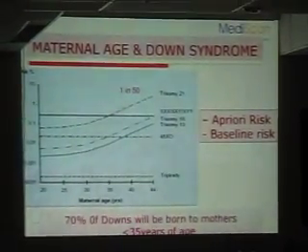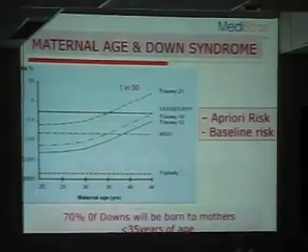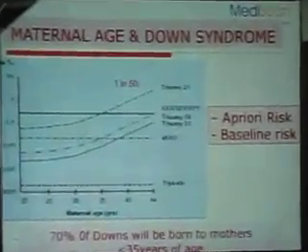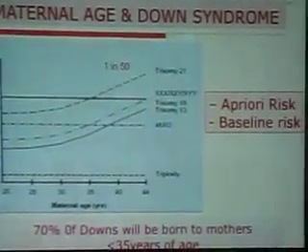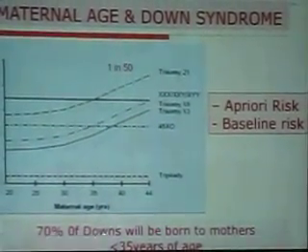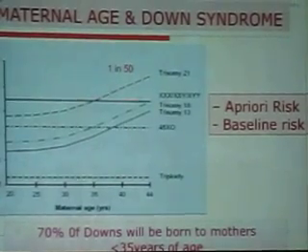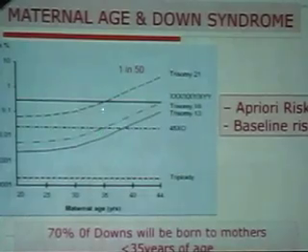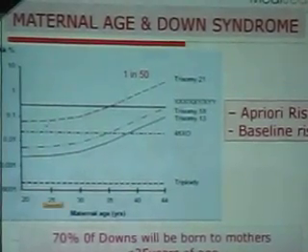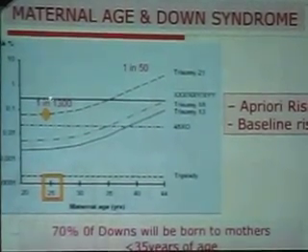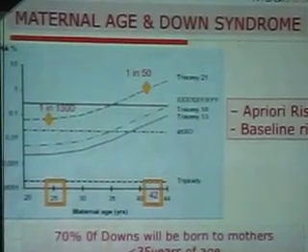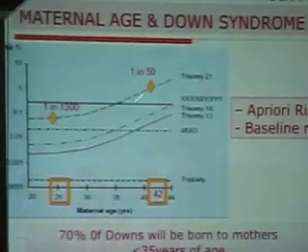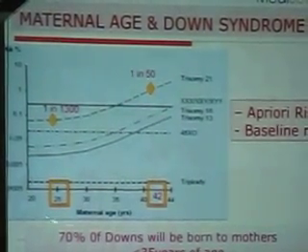Then we talk about maternal age and Down syndrome. Every mother has an inherent risk of having a baby with Down syndrome, which we call a priori risk or baseline risk. But 70% of Down syndrome will be born to mothers below 35 years of age. Certainly, as the mother's age goes up, the incidence of Down syndrome is going to increase. So the risk increases with age, but the majority of the Downs will form